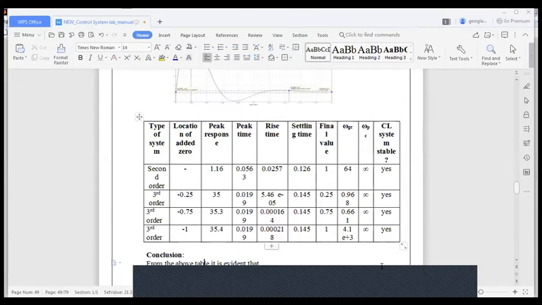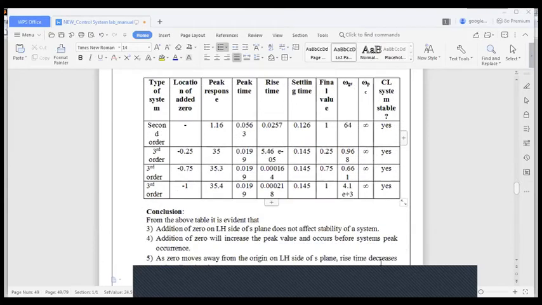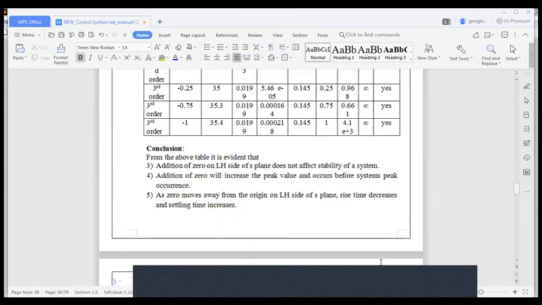Do you have any doubts? Shall we go to the next program? Do you have any doubts here till now? Hello? Hello? Shilpa? Others also, do you have any doubts here? No, ma'am. No doubt, ma'am. Go to the next problem.